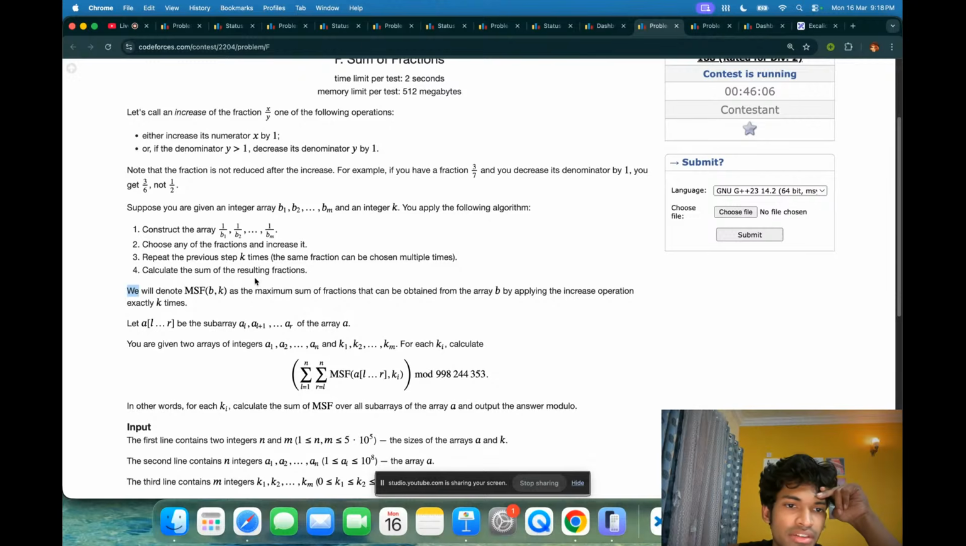Calculate the sum of the resulting fractions. We will denote msf of b comma k as the maximum sum of fractions that can be obtained from the array b by applying the increase operation exactly k times. Okay, what's the maximum increase? I think maximum increase happens